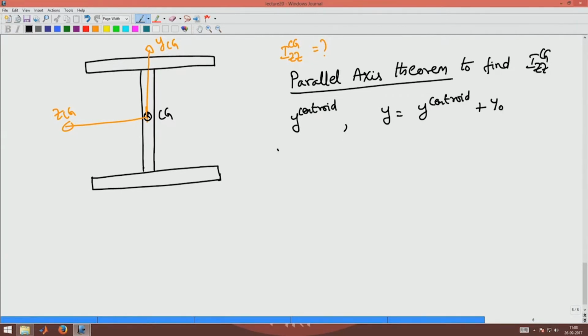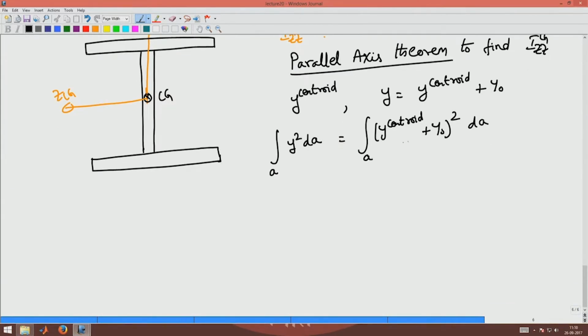The integral of y square dA, where A is the area of the cross section, is given by the integral of (y centroid plus y naught) whole square dA. This will be nothing but the integral of y centroid squared dA plus,